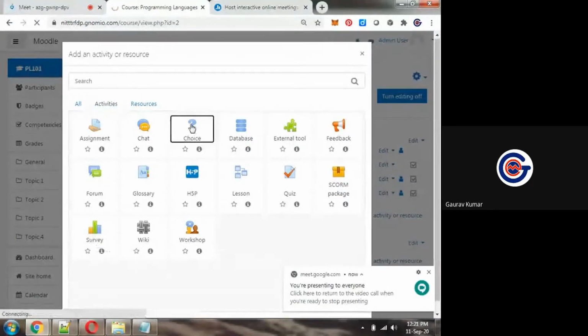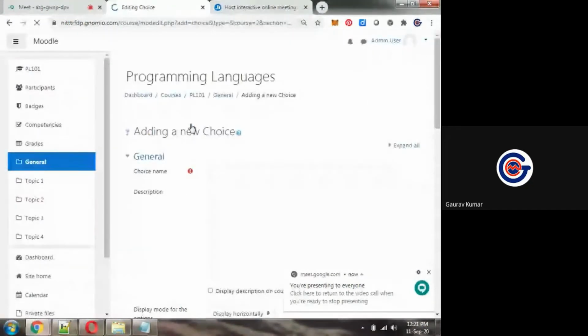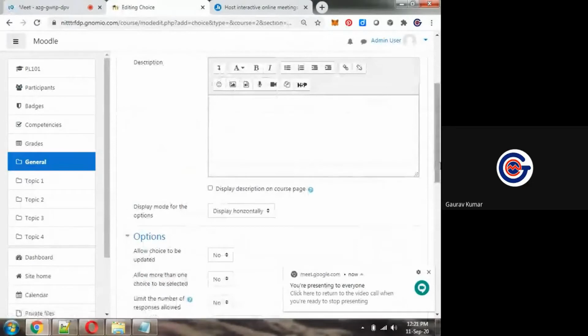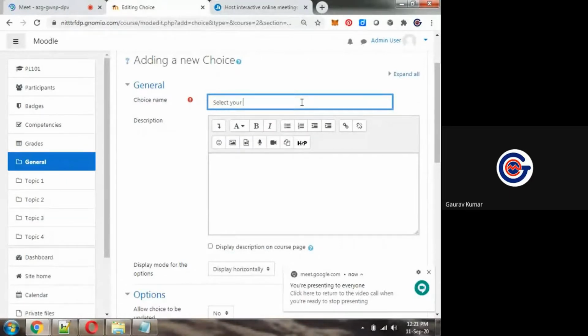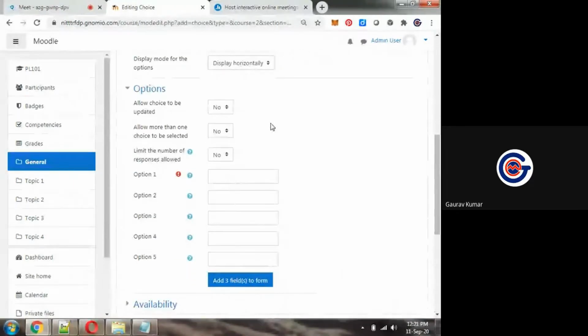So choice, for multiple choice questions you can use this. Suppose select your optional subject. I want that options should not be changed by the student once it is given.